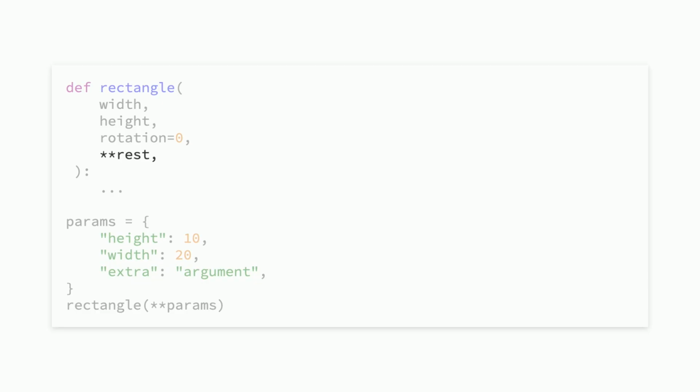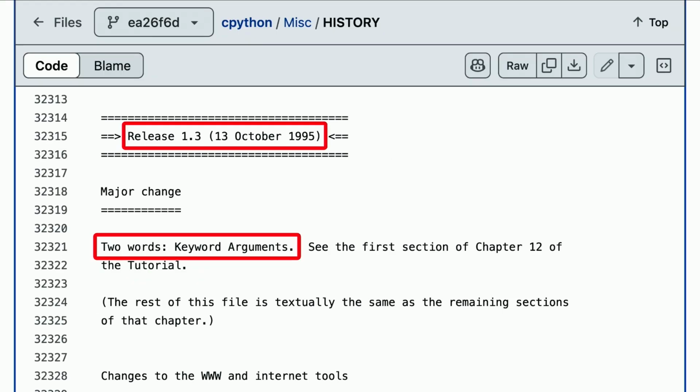And that is by using our good friend double star again, adding it to a rest parameter. And this captures any extra keyword arguments into a dictionary. As a side note, similar to JavaScript, this parameter doesn't have to be called rest either. And the general convention in Python is to use kwargs for keyword arguments, which was also added back in Python 1.3.